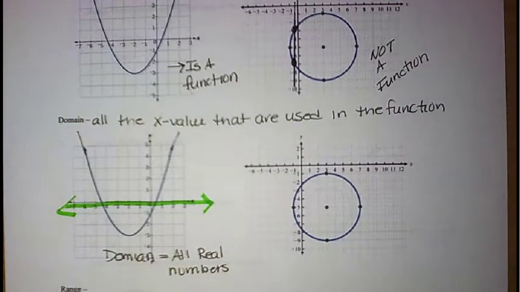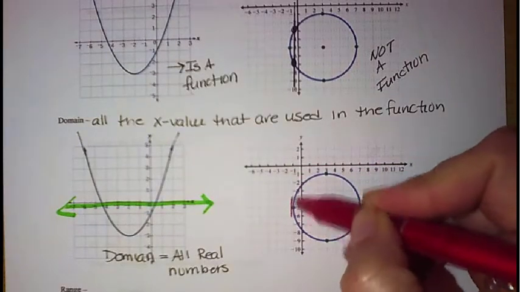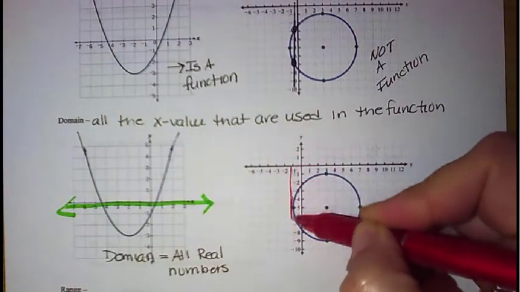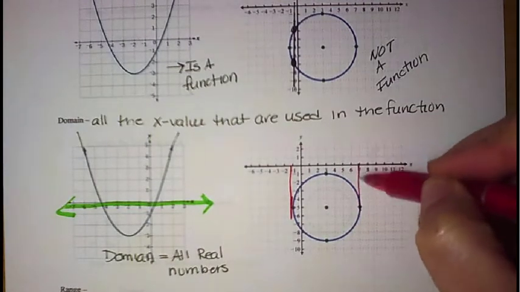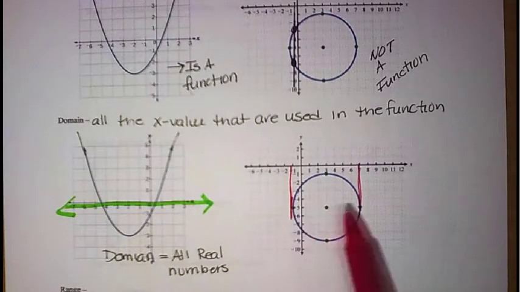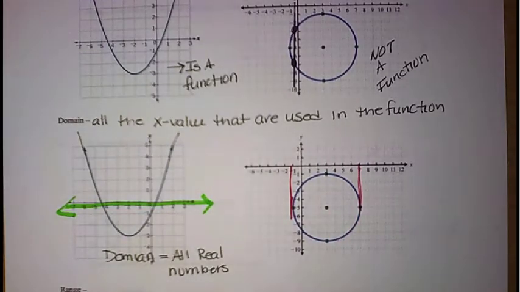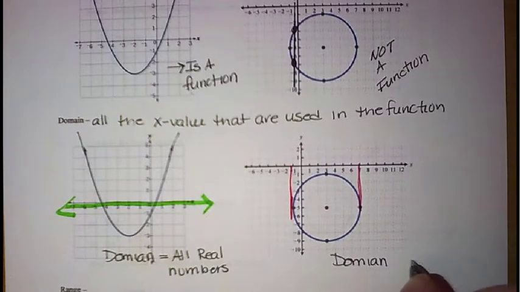Okay? Now, for our circle, it's a little bit different. You can see from looking at our circle here, now I'm going to switch colors. Again, I'm looking at my x values, but my circle ends right here, and then it ends over here, right here. So my domain on this one is not going to be all real numbers because my circle only goes from -1 to +7. So when we write our domain for this one, it would be from -1 to +7,